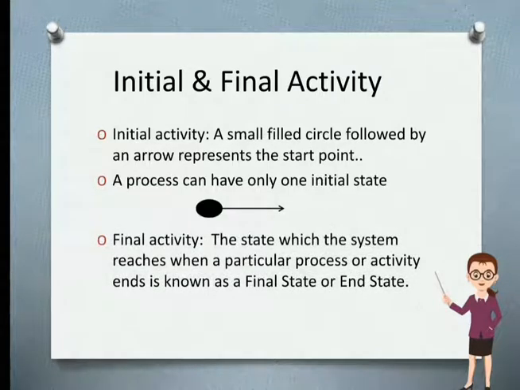Final activity is nothing but a termination node or termination activity. In an activity diagram, final or termination is represented by the bullseye, a solid circle surrounded by a hollow circle or empty circle. So this state represents the termination of all the activities at a particular point. So to represent final activity, this bullseye notation is used, a filled circle with a hollow circle, right?